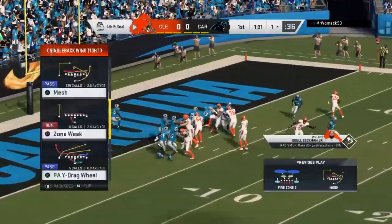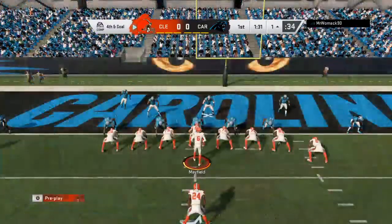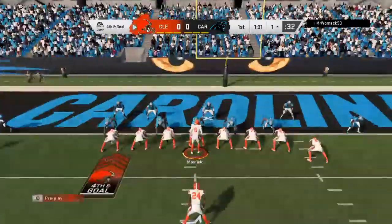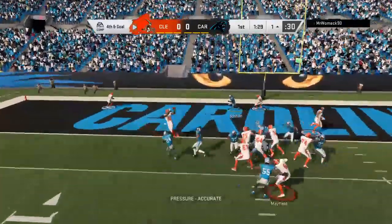Boy, such a good drive. You'd hate to have it end in 3. Do you think about going for it? Absolutely. I mean, the fact that they moved the ball so well should lead you to the decision that maybe we should go for it right here. Also, as a head coach, show some...